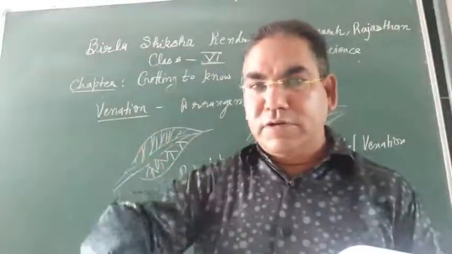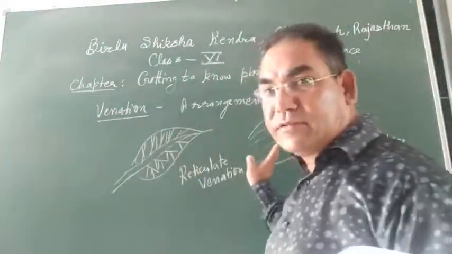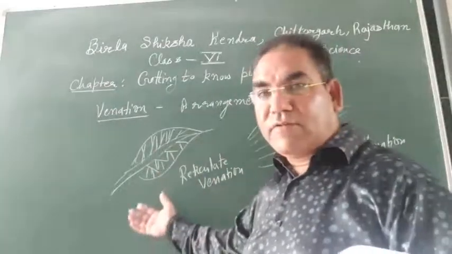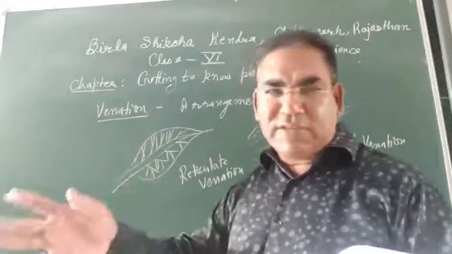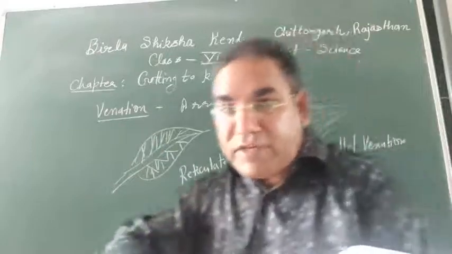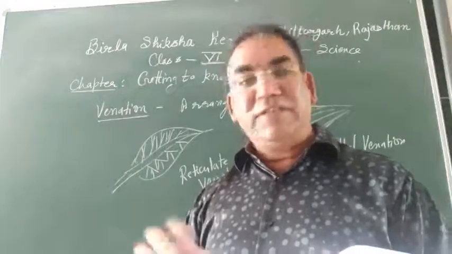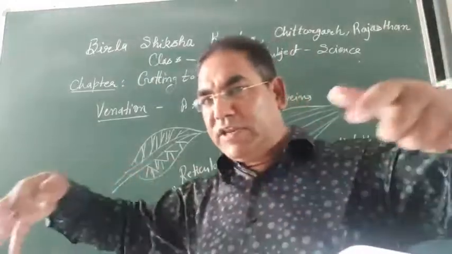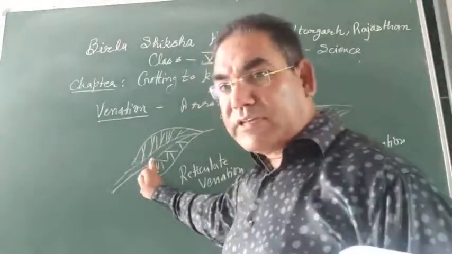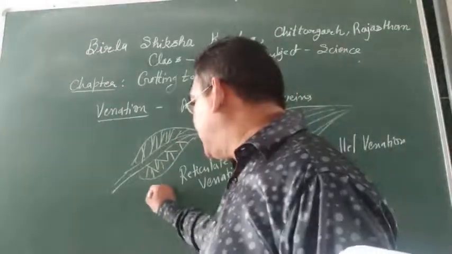Now dig out a plant. This kind of leaf venation is in wheat, rice, maize, grass. This kind, reticulate venation, is in rose, mango, and whatever plants we see around us. When we dig out a plant, this is the activity: dig out various kinds of plants. When you dig out a plant which contains reticulate venation, its root will be a taproot.